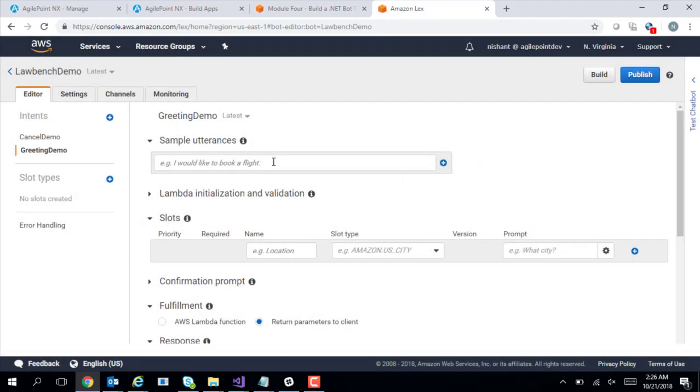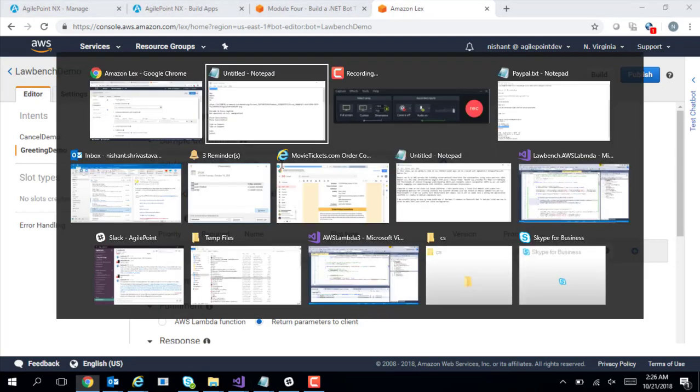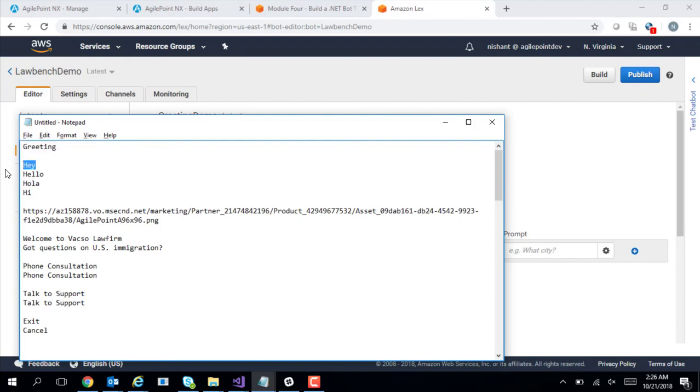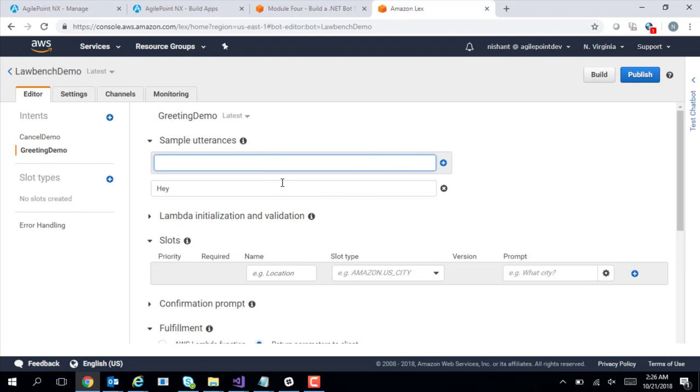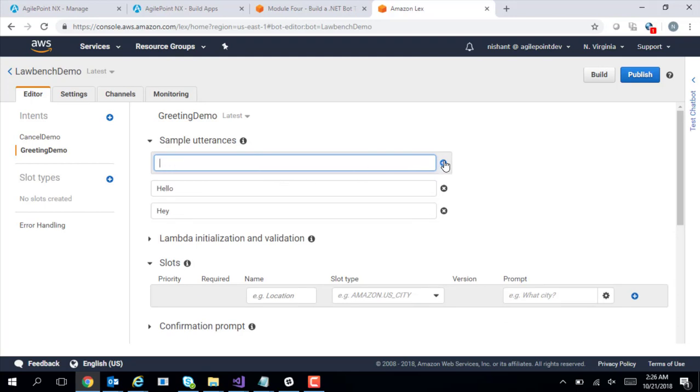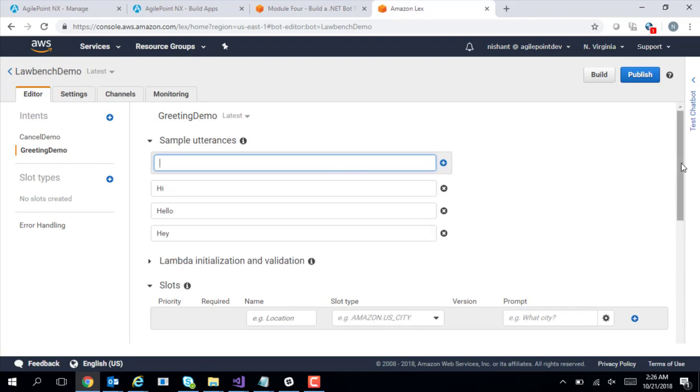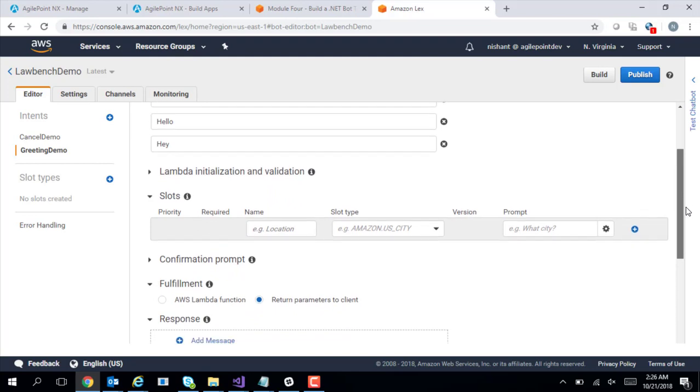And what are the sample utterances which will trigger this? I can keep adding terminologies later on as well to make it more intelligent, but right now I'm going to just add some sample terminology: if a user says hey, hello, hi,